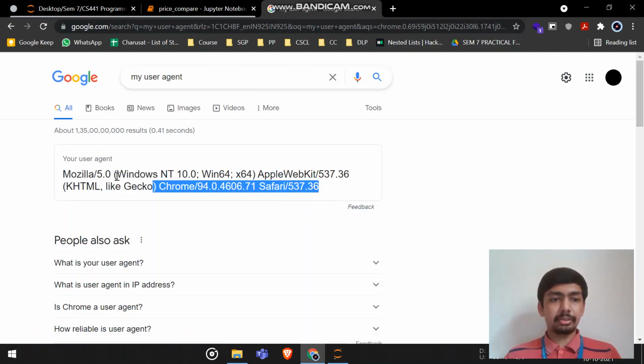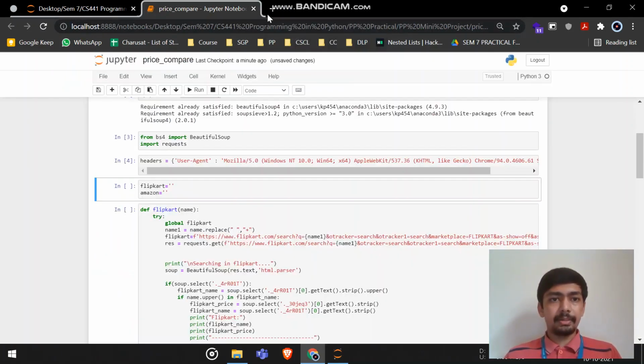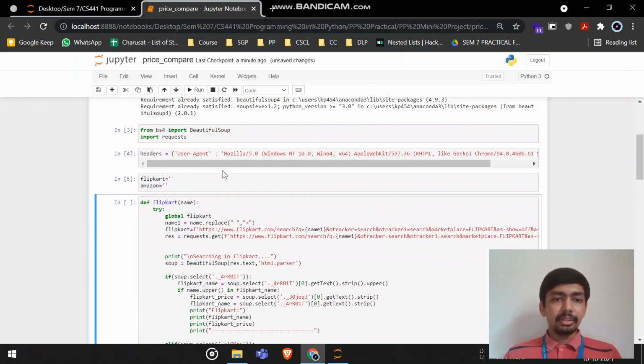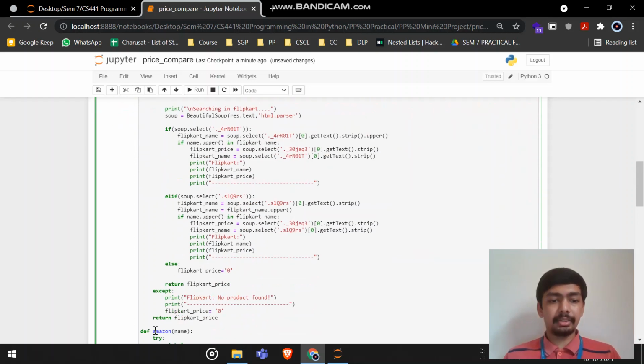This is your browser's information, so copy and paste it here. Then I created two variables, Flipkart and Amazon, and then I have created two functions, one for Flipkart and second for Amazon.